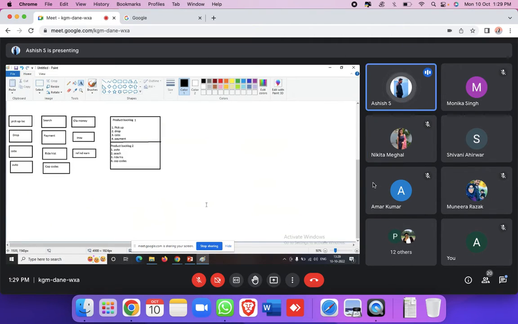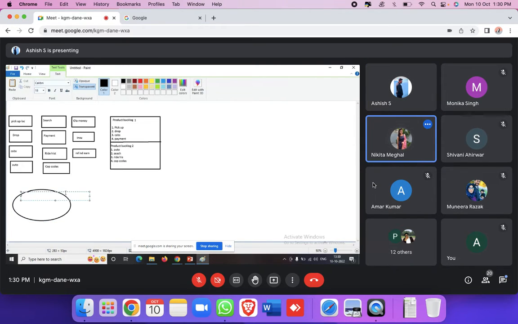Now we have prioritized it. Now what we'll do is create one sprint. Sir, is this done by the developer or in the feasibility study? This will be done by the Scrum Masters and the BAs, everyone. You need not worry, but you need to know how the process goes, right? Okay.